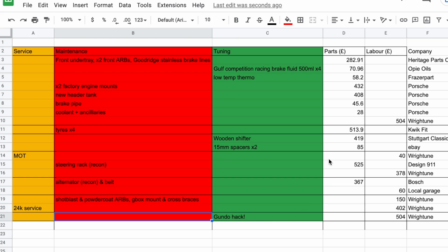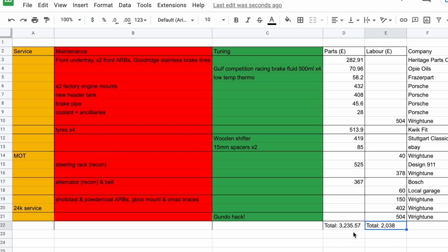So if we add all of that up, we do the parts first, which as you can see comes to £3,235.57. Then the labour on top of that, which was I think actually all at Right Tune, comes to 2,038 quid. Okay, so if we add the parts and labour together for service, maintenance and tuning on Little Irish, that brings for 2021 a total of